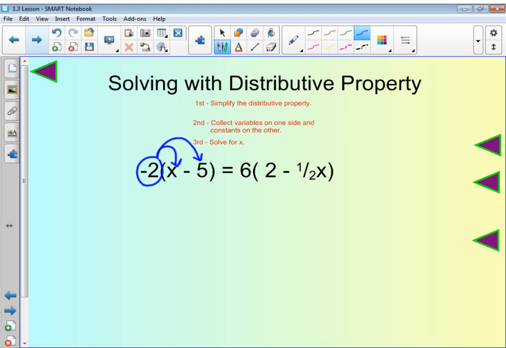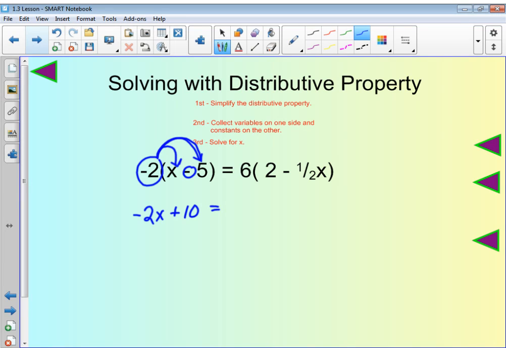Okay, so when I look at the first part of this, we have negative 2 times x. Well, that's gonna give us negative 2x. Now, this is where it's tricky because sometimes kids just wanna do the negative 2 times 5. But here's the thing, we had another negative in there. And I know there it's x minus 5, but when you're doing this distribution, if there's a negative sign there and there's a negative on the number on the outside, you have to combine those. So it's really negative 2 times negative 5. 2 negatives make a positive, so it becomes positive 10 or plus 10